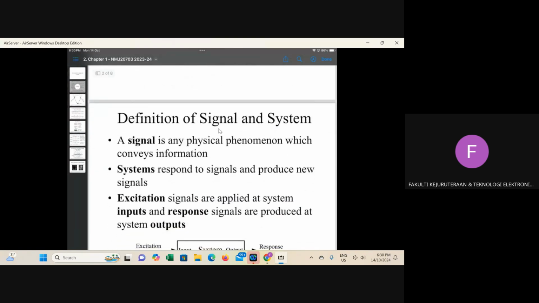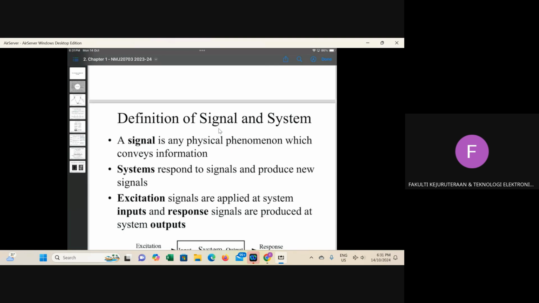A signal is a physical phenomenon that conveys information. A signal is anything that contains useful information. We can utilize it, analyze it, do anything with it. It means it's something that is valuable.